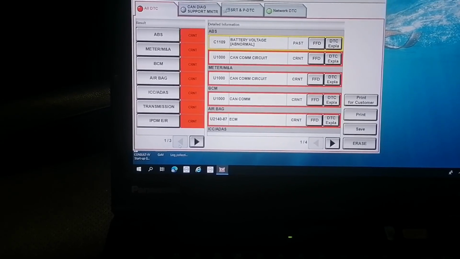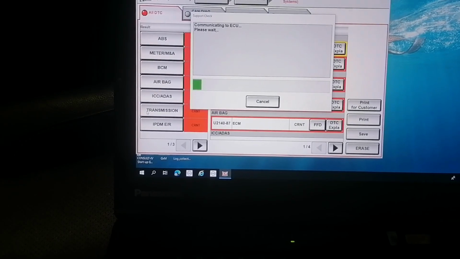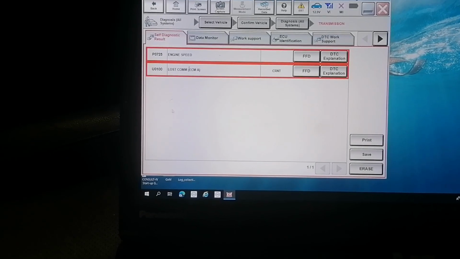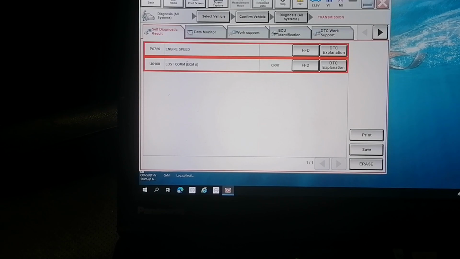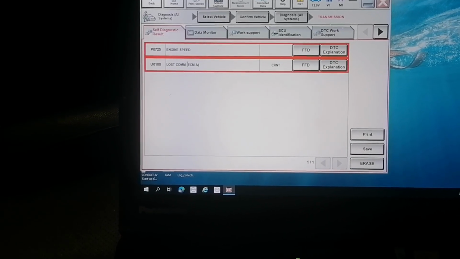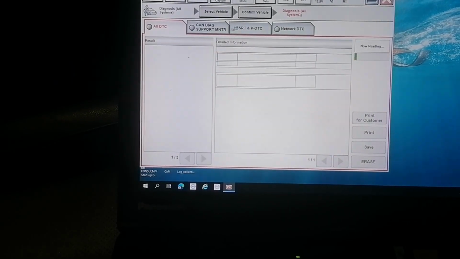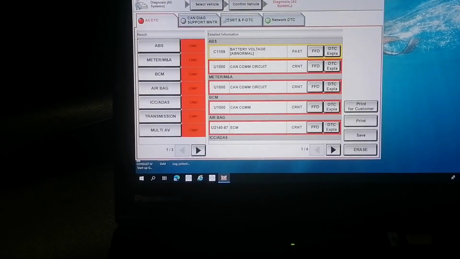So the transmission is there. Let's see if we can talk with it. Yes, we can. Engine speed, so that will make sense because I can't see the engine module online. It seems to be offline. So right, let's talk